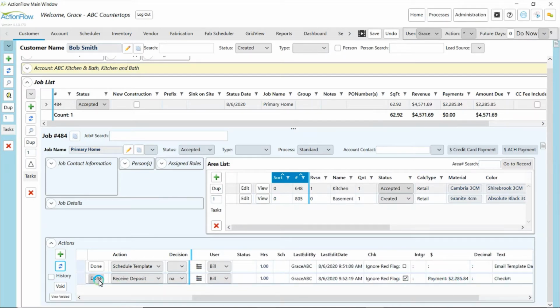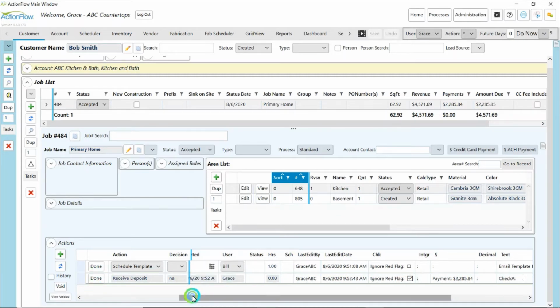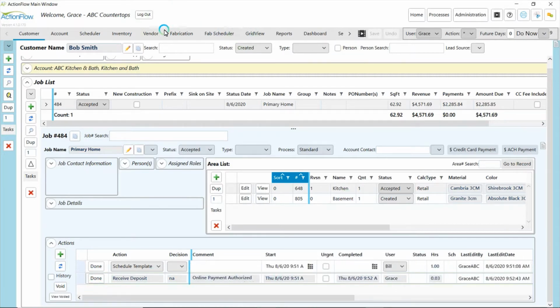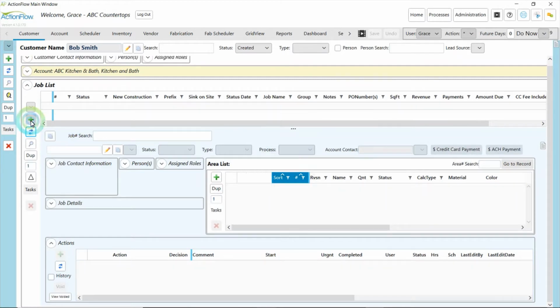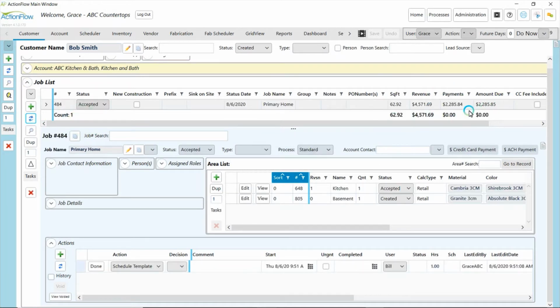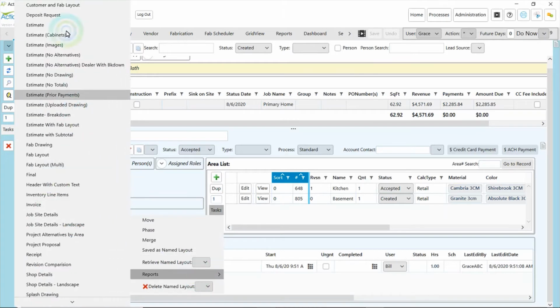So if I click done, if you use QuickBooks, this will go ahead and fill in your QuickBooks payment export. The other way you could collect a payment, actually, I will point out that now this payment is recorded in ActionFlow. So the other way you could collect a deposit is by emailing